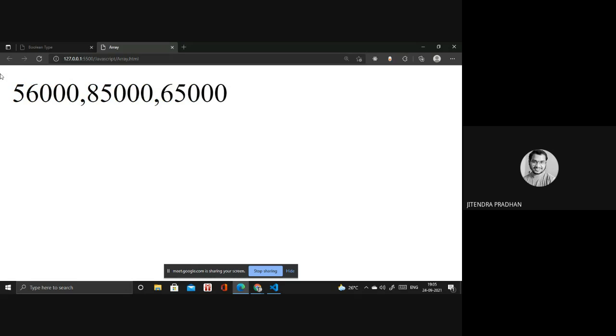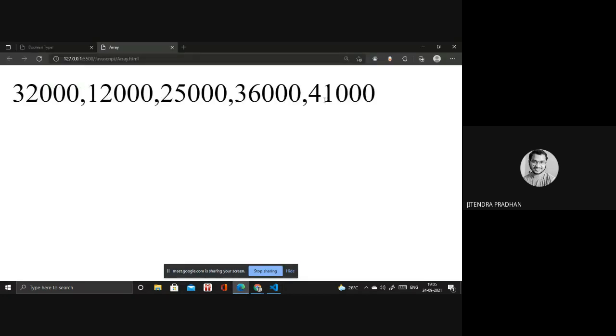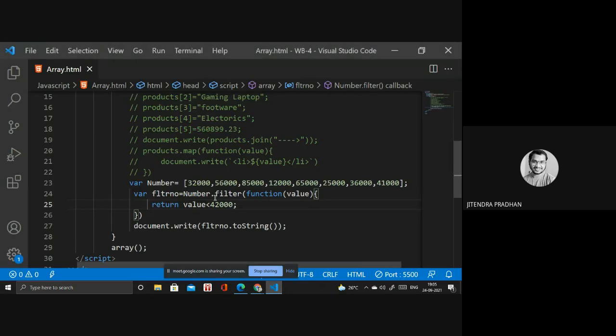So it's greater than 42,000, we have three values there. If I write less than 42,000, we have one, two, three, four, five. So by using filter we can do that. I hope you got this point. If you have any doubt, you can ask in the chat box.